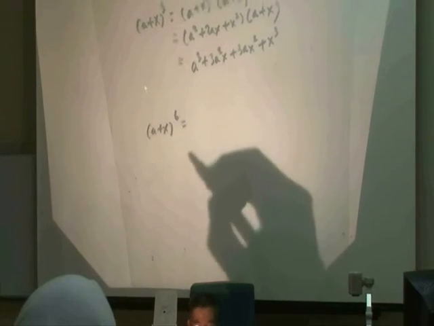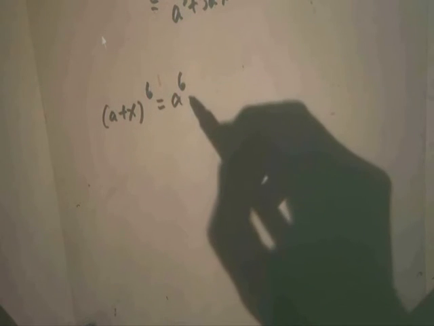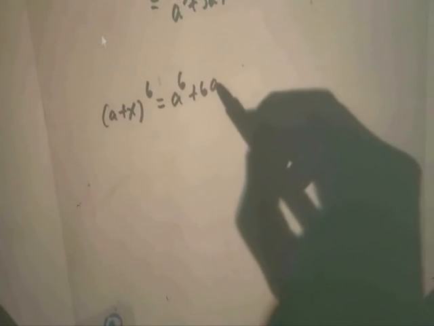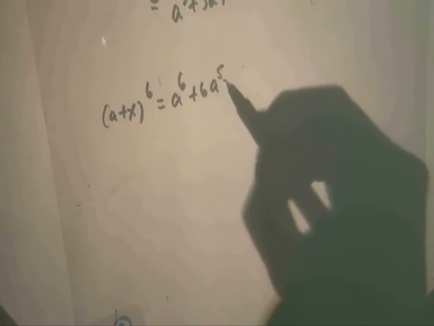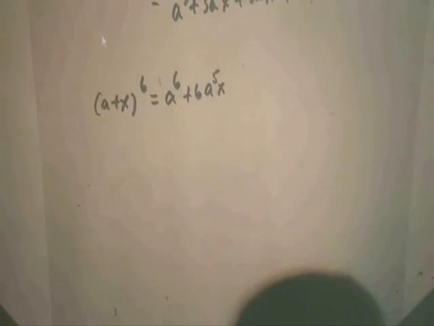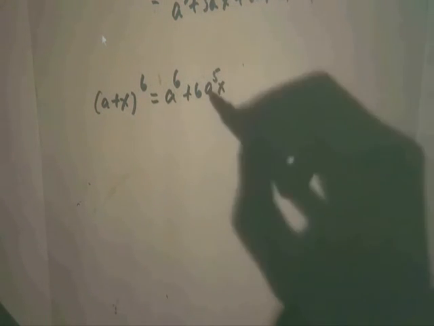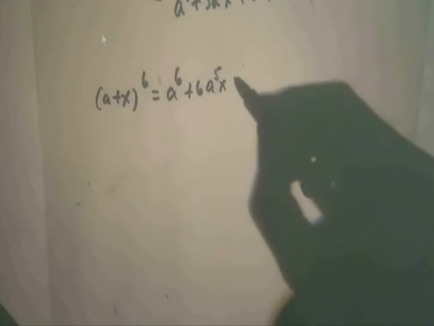So the first term will be 1 times a to the power 6, followed by 6a to the power 5 times x to the power 1. The power of a decreases by 1 each time, while the power of x increases by 1. So 6a to the power 5 x, then plus